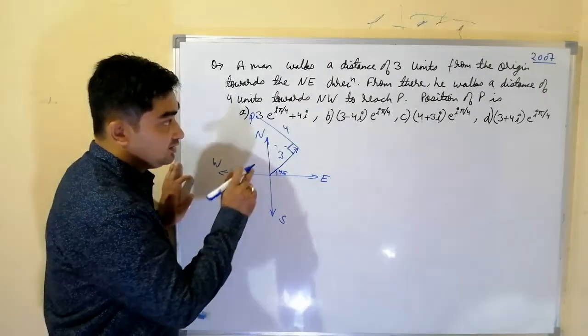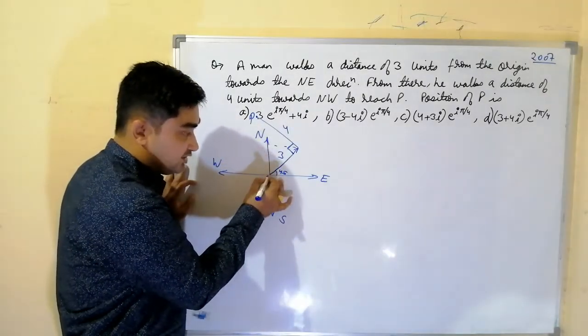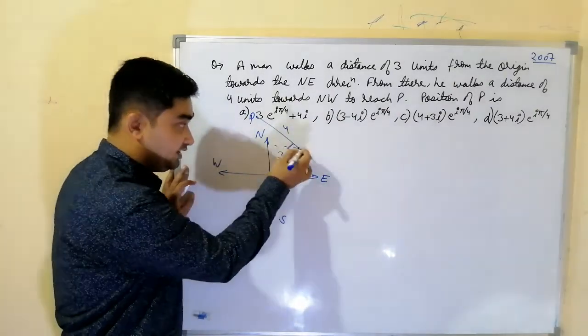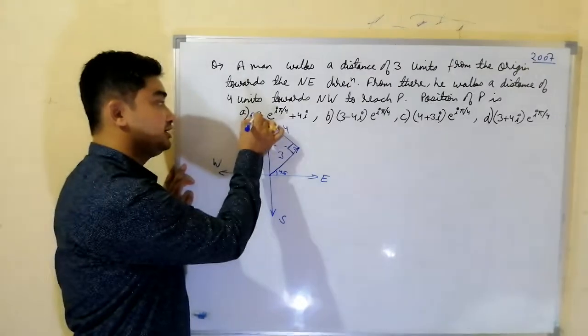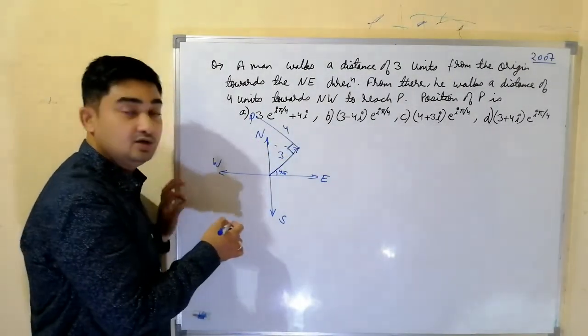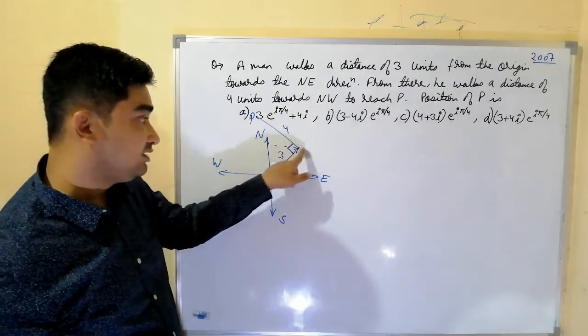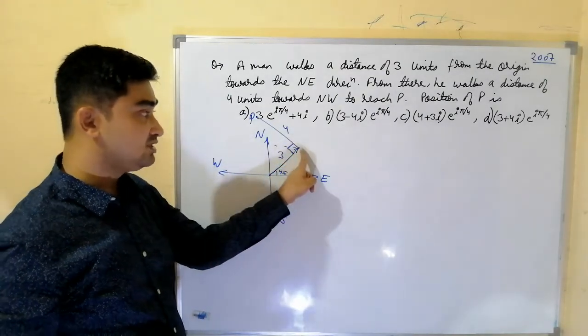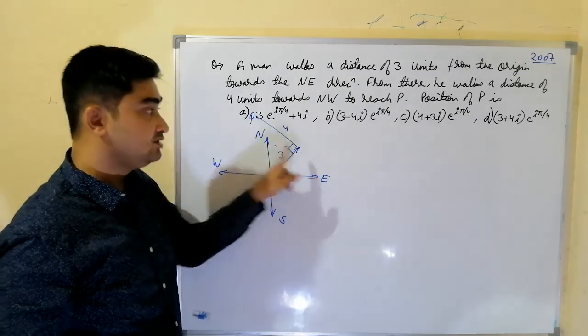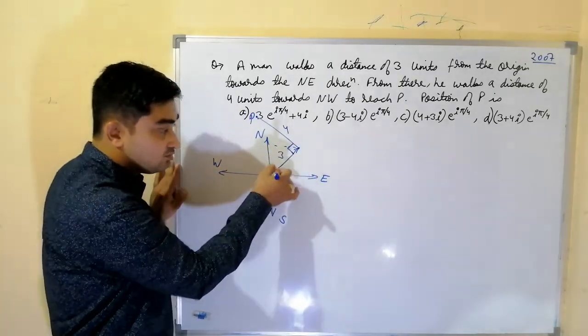First of all, it is the origin. First we will find out what this position is. Then from this position we will find out the position of P. How to find this position? To find a position means to find the complex number which represents that point. What complex number represents this point? For this point, what is the modulus?